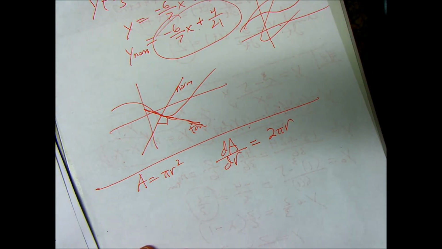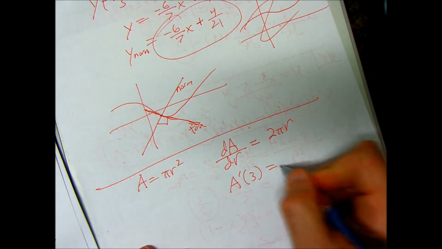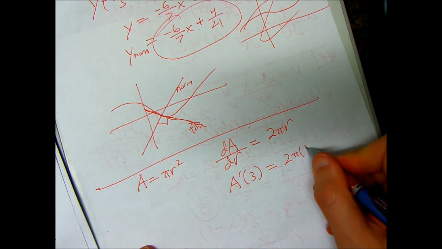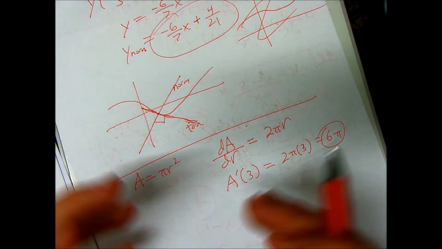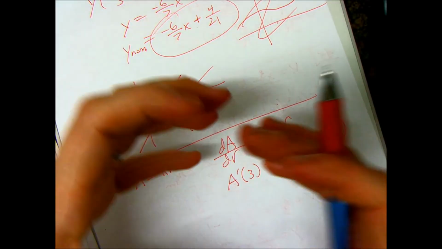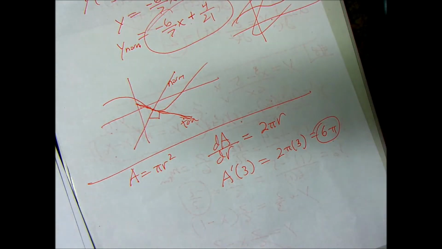And then it says when the radius is 3 feet. So let me think of that as A prime, and then I'll plug in 3. That's 2 pi times 3, which is 6 pi. Okay, so the area is changing by that much. That's how much more ground is being polluted, I guess you could say, or water is being polluted on the surface as my radius is changing. Okay,